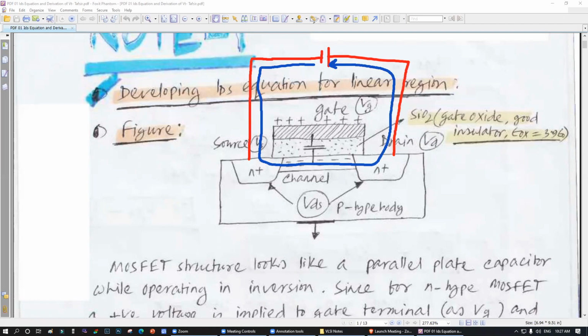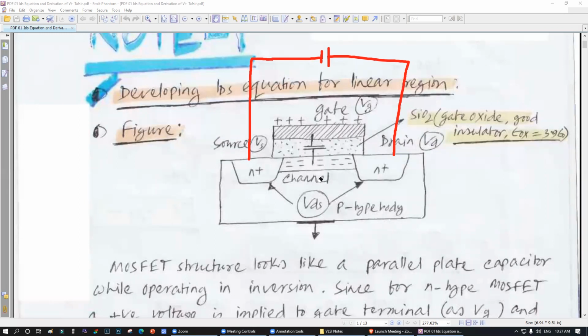But look at this segment here. Normally, there is no connection here. This is P-type, which means the semiconductor does not conduct current at the beginning. P-type material means there are no free electrons, or some free electrons but a very small amount. P-type doesn't carry electrons, P-type carries holes.